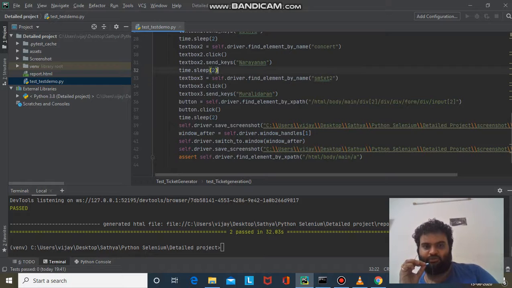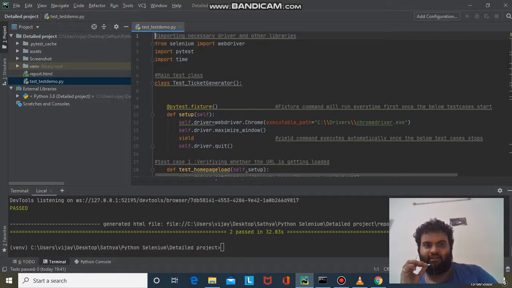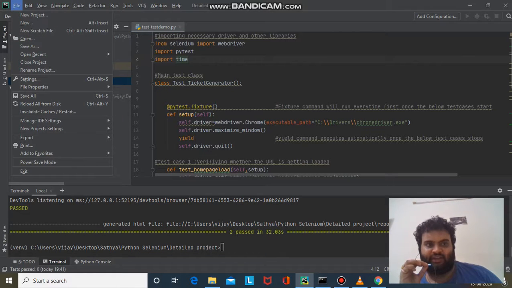In my program, you can see some imports: initially I imported a driver, PyTest, and libraries from PyTest and time. Before doing that, you need to check whether your program has the necessary details.